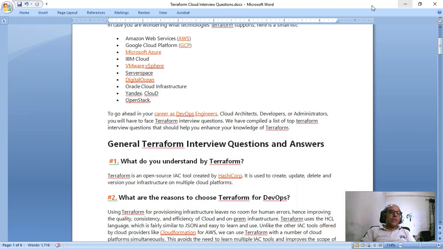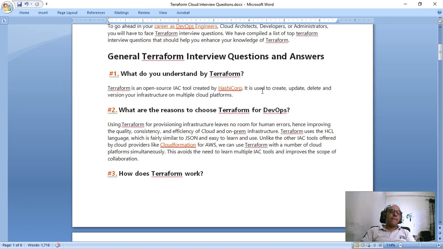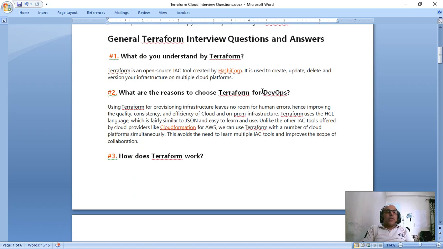As I said, unlike other IaC tools offered by cloud providers like CloudFormation by AWS, we can use Terraform with a number of cloud platforms. That is the advantage.